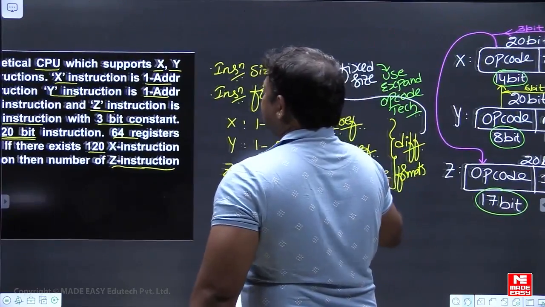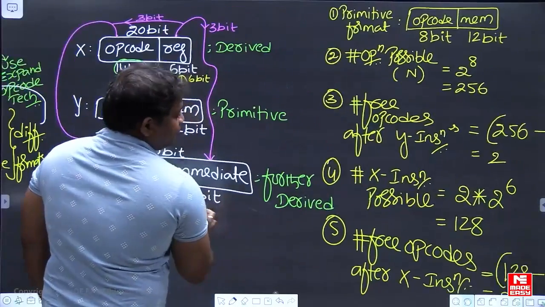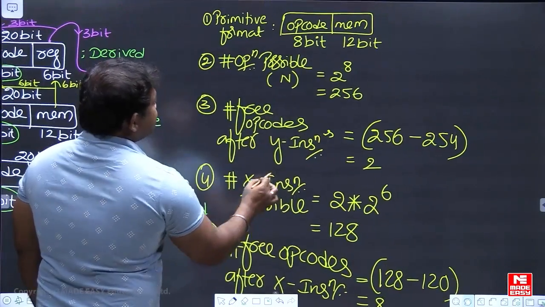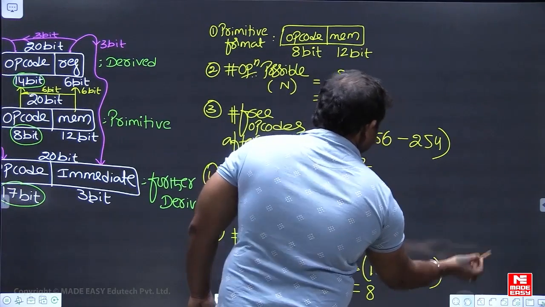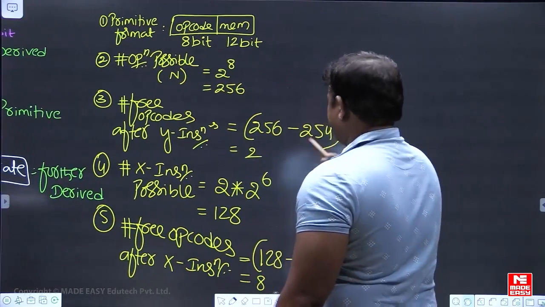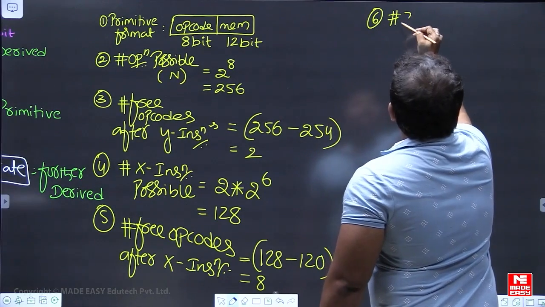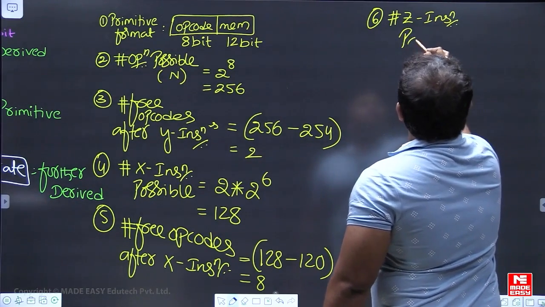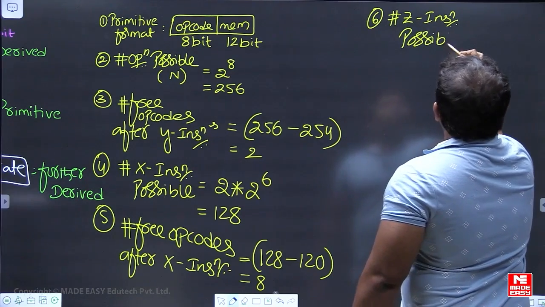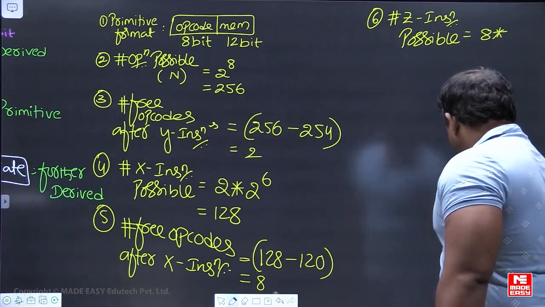120 X instructions are already present. That's what 8 free opcodes present. So these 8 free opcodes are used for the Z instructions according to the question. So now the number of Z instructions possible